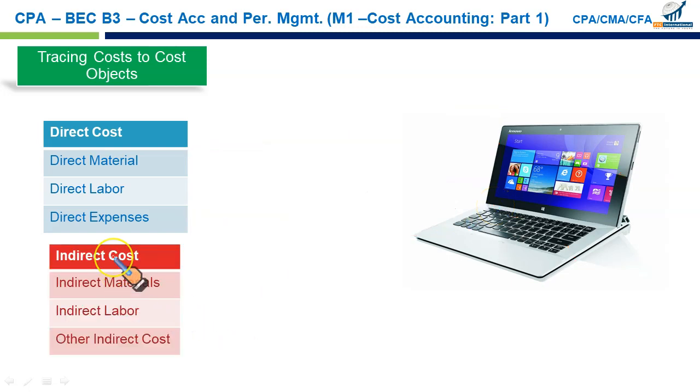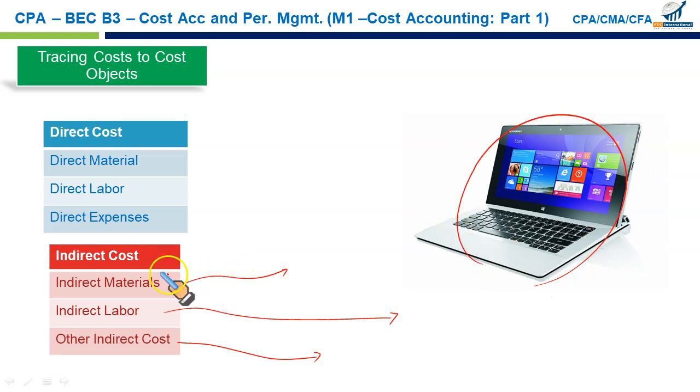Then we have indirect costs. Indirect cost is not easily traceable to this end product or to this cost pool or to this cost objective. Like there might be some employees engaged in our production facility who are responsible for cleaning, some are responsible for custodial services, janitorial staff. So that indirect labor is not directly involved in production. Electricity, gas, and water, some indirect material which is not directly used in this end product might be required in production process. So indirect costs are those costs that are not easily identifiable in the end product or in the end cost objective. Such costs are called indirect costs.